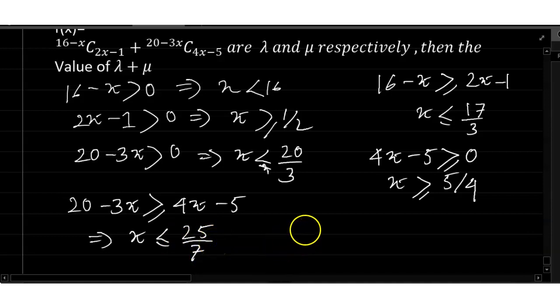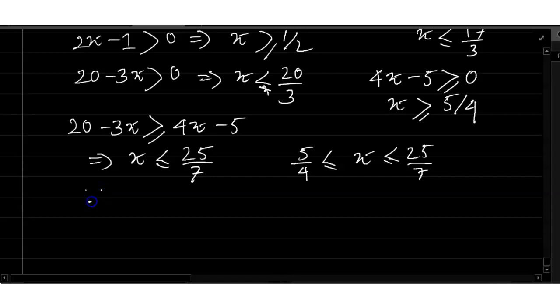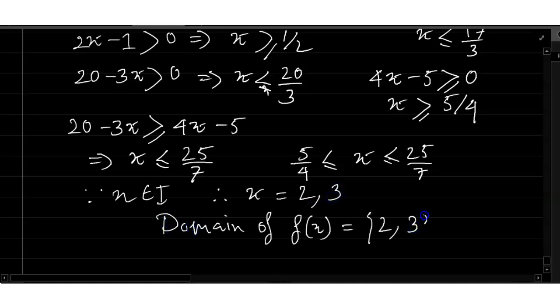So combining this, we get 5 by 4 less than or equal to x less than or equal to 25 by 7. So the domain of x belongs to the integers, therefore x is equal to 2 and 3. The domain of f(x) is 2, 3, and the range of f(x)